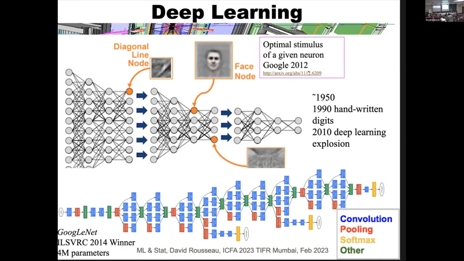The reason for that is that we know how to train these layers, training meaning how to optimize the different parameters of the nodes to be able to do what we want, while for a single layer, it doesn't work. So it's the ability to train these neural networks, even though we know there exists some one layer network doing the same task. And so the neural networks have become more and more complex. A famous one is GoogleNet, which is basically a network of networks. Nowadays, that's what it is.